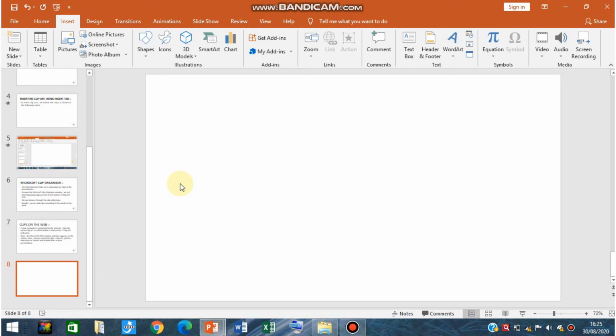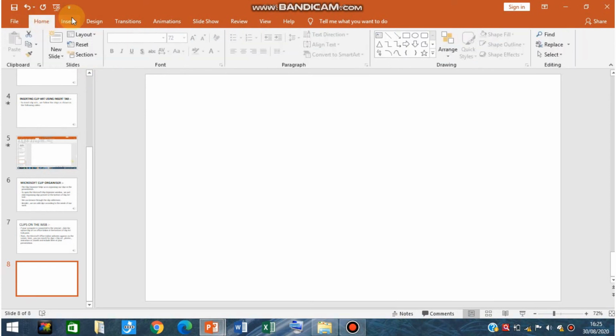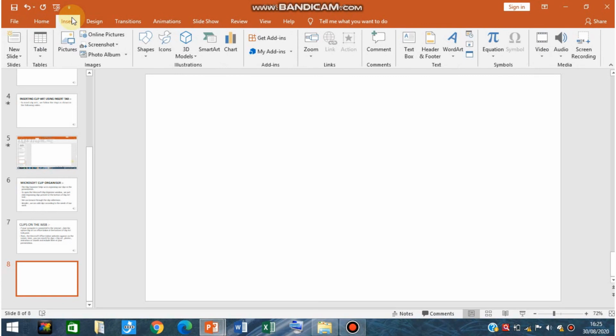Then what you have to do, you have to click on Insert tab first. By default we are in Home tab, but to insert pictures or clips online you have to click on Insert tab. Inside Insert tab there is one section of images, and inside that images section you will find one option of online pictures.